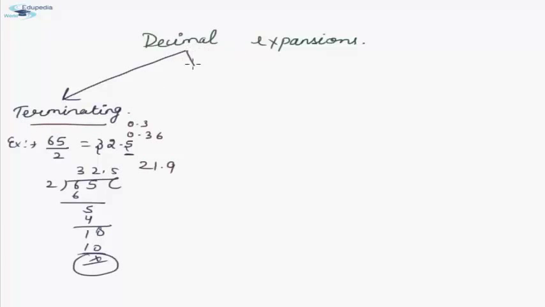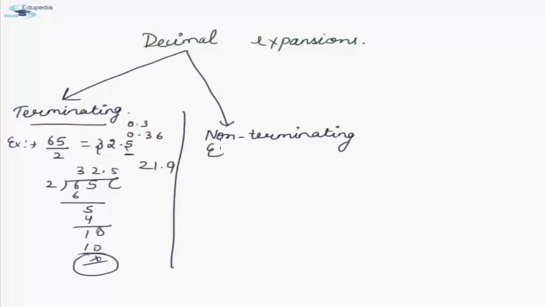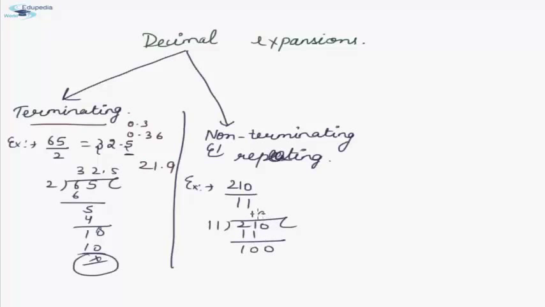The other category is non-terminating and repeating decimal expansion. For example, we have a number 210 by 11, then on performing the division, we can say